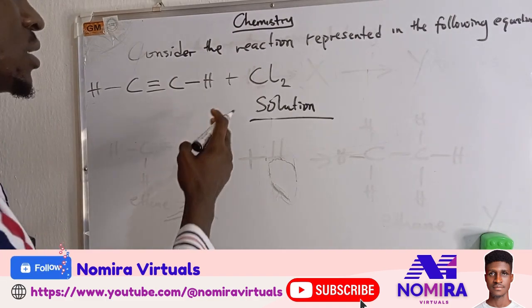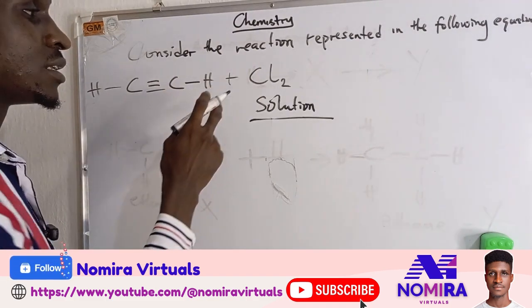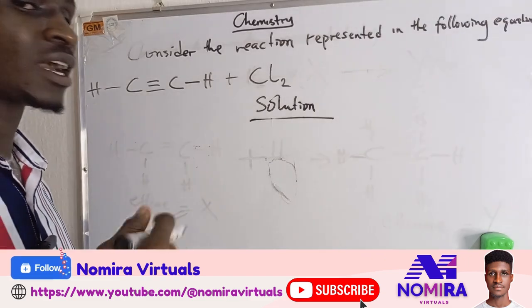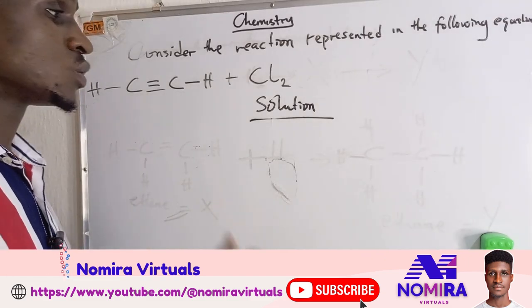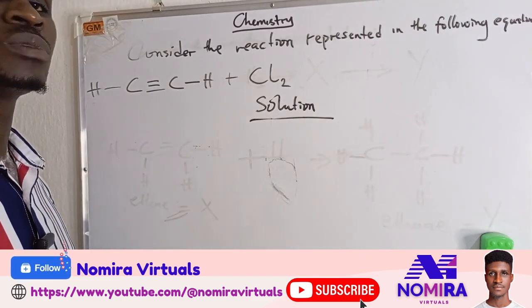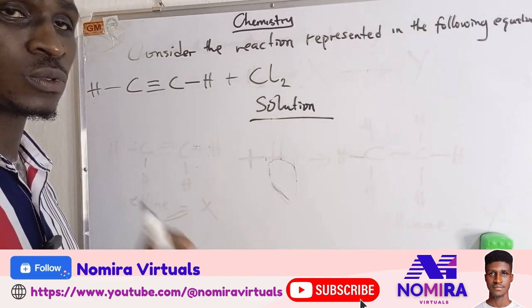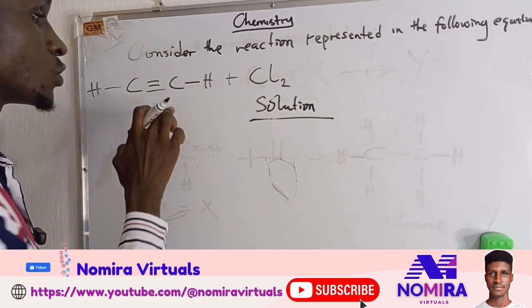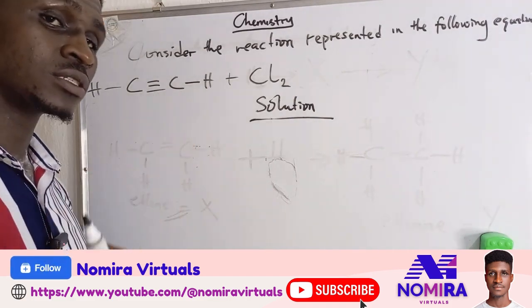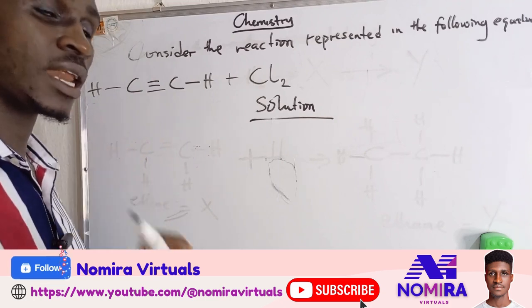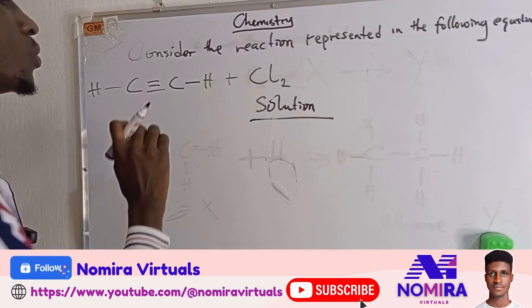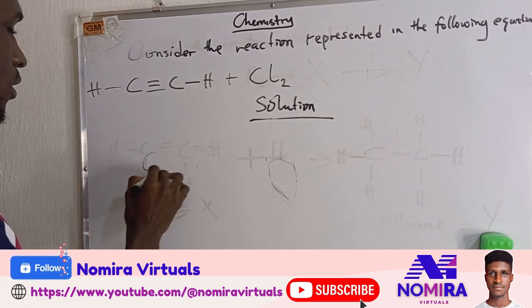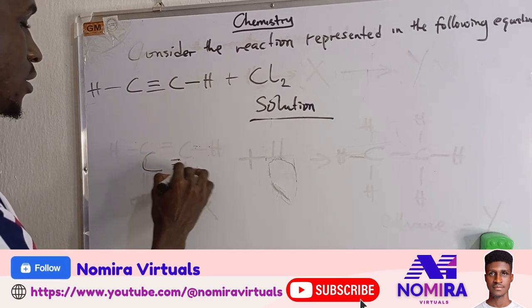Now, when this does not occur in the presence of a catalyst, it gives a different kind of reaction altogether. It will not follow this format, and then it will be explosive. It will be very explosive. So there is always a need for us to control this reaction in the presence of a metallic halide. All right. So this reaction will first of all form, let's say we are breaking the